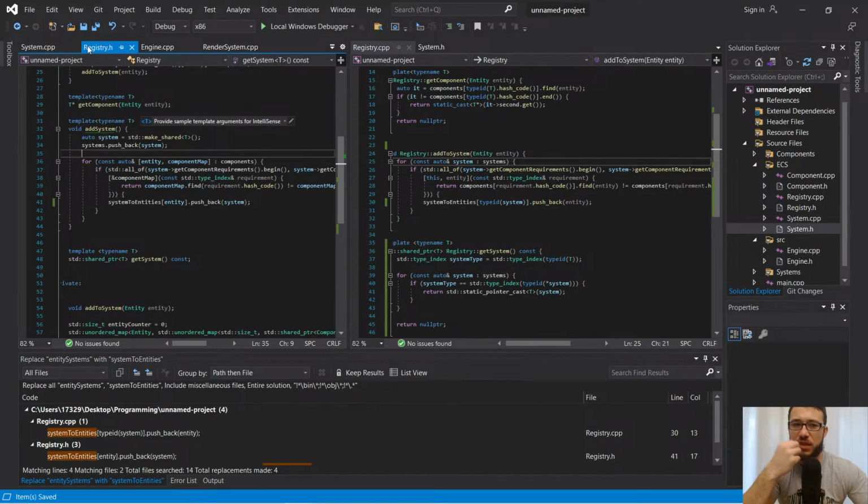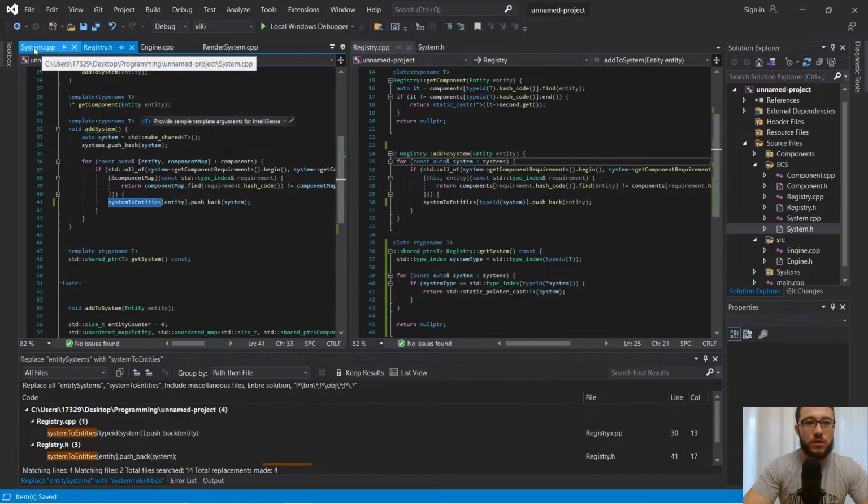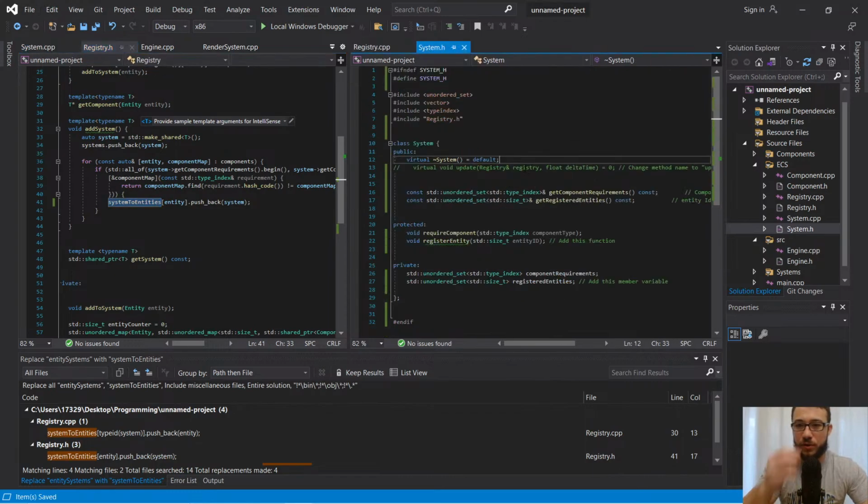I have two options, I think. I can either move the registry so every system has its own copy, or I just pass the pointer of the registry into the system. I kind of like that idea more. I kind of like the idea of just holding a pointer to registry because we might